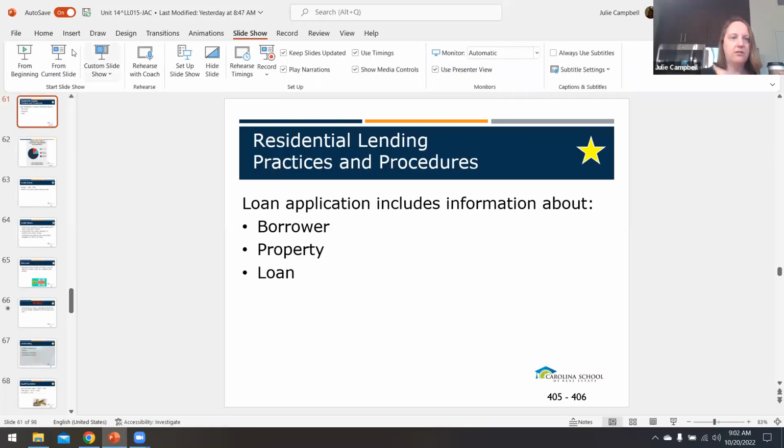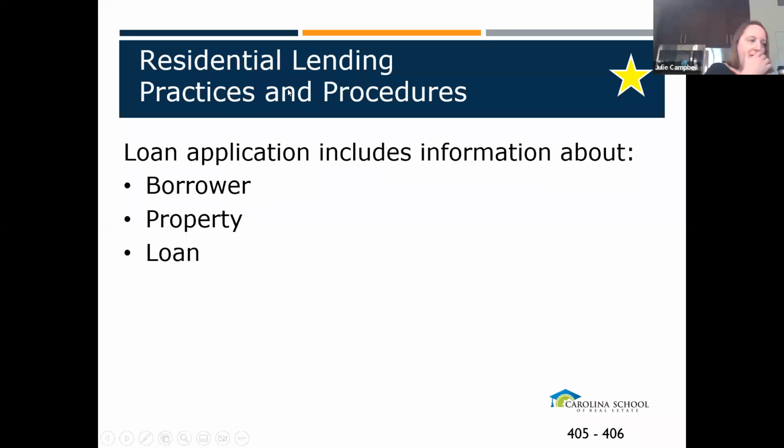We're in Unit 15, and we started talking about the procedures and the practices for the loan. I think in practice for us, this is probably one of the more important pieces, just because we're the ones working with buyers, and they're going to ask us questions about their loan process. What's taking so long? What's the lender doing? Why are they getting all this information? So it's so important that we have this basic understanding so we can help the lender